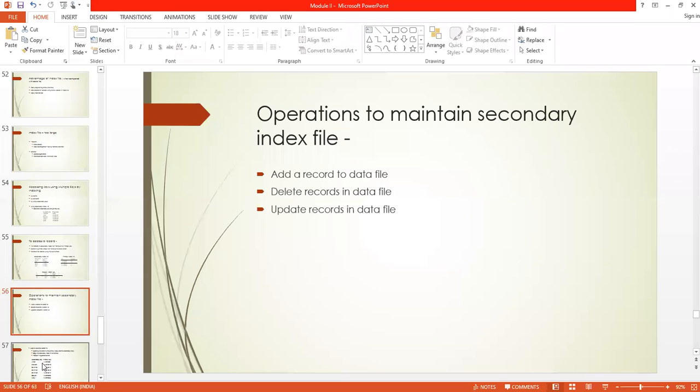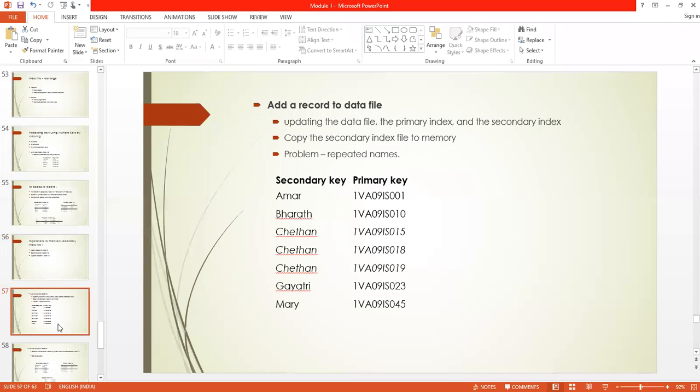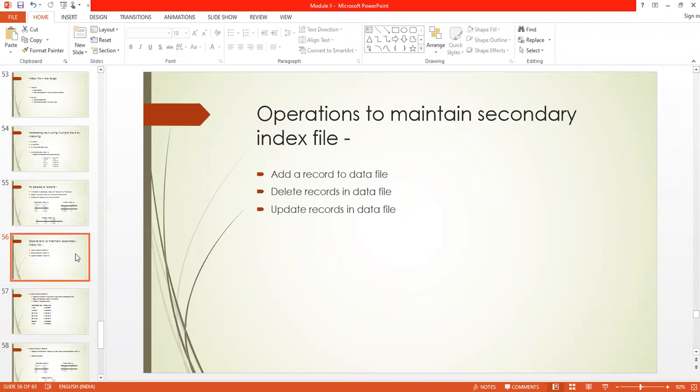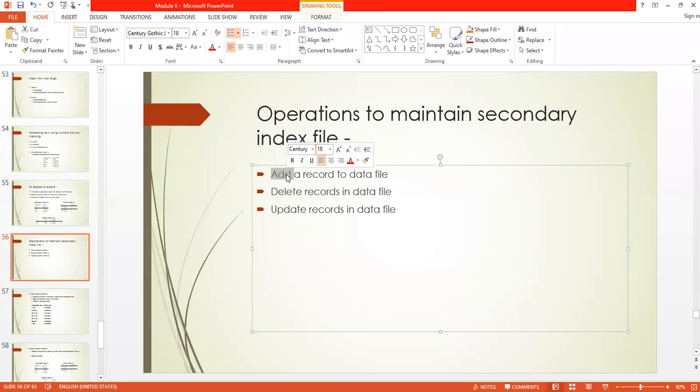The first place where maintenance of the secondary index file comes in is whenever I'm adding a record to the data file. When I add a record to the data file, the secondary key is generated, the name is added for the record, correct? So the name has to be added to the secondary index.